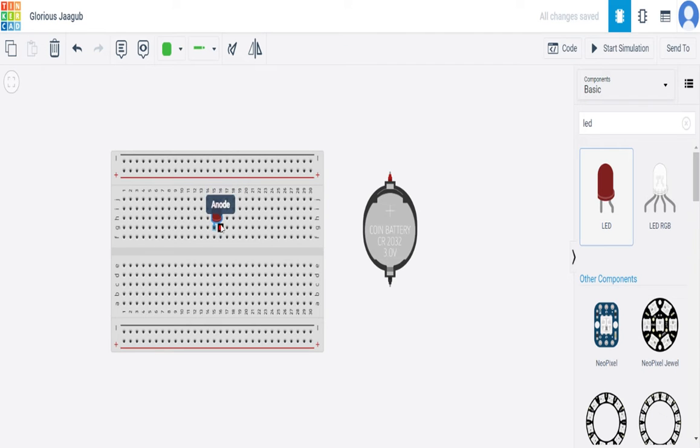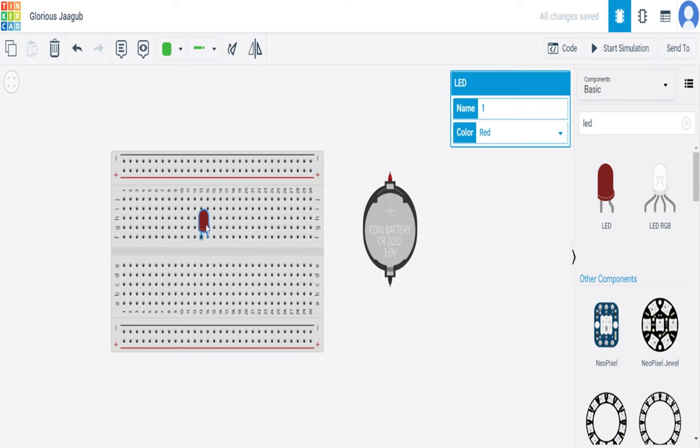Okay, first before starting, I'll tell you one thing: how to name the dots of the breadboard. First you need to see which line or which alphabet your hole is in. If I'm keeping it here, it is on letter H. So if I keep it here, it's going to be H10. So you need to name the alphabet first and then the number. So I'll keep my LED